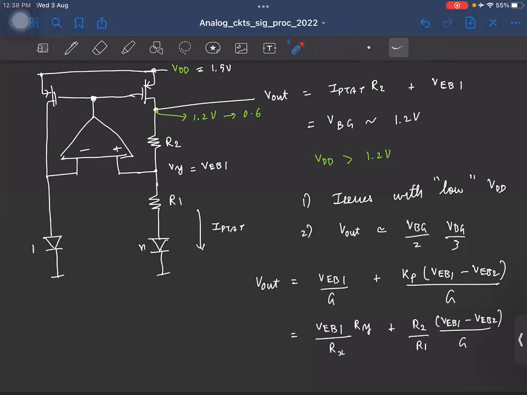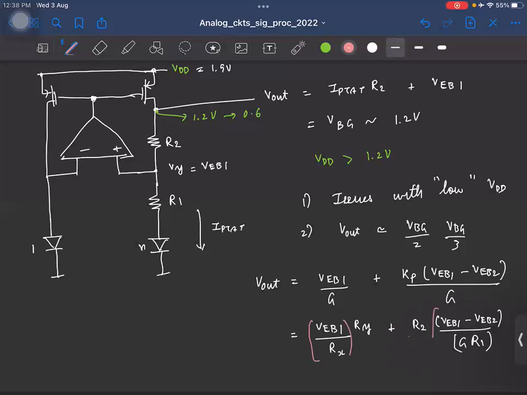Now, this portion is simple because instead of having a resistor R1, I can have a resistor G times R1 that will realize this portion. Okay, that's fine. So I'll probably write it like this: R2 times G times R2. Right? So now if you look at this one,